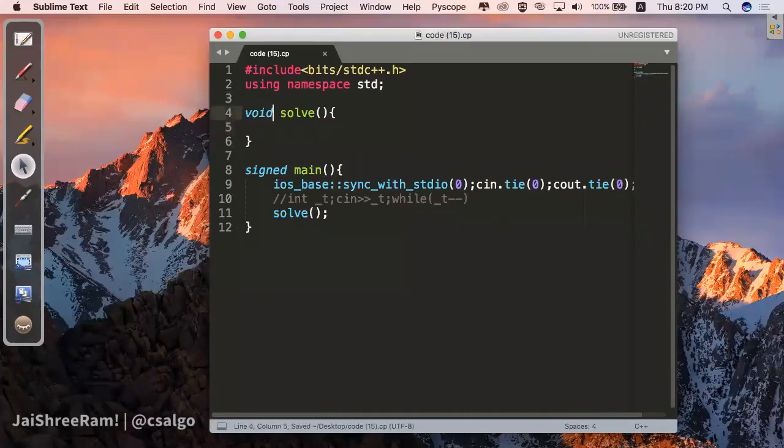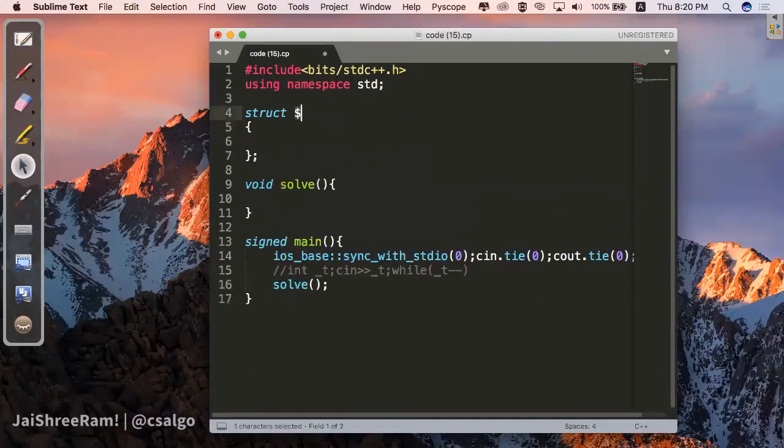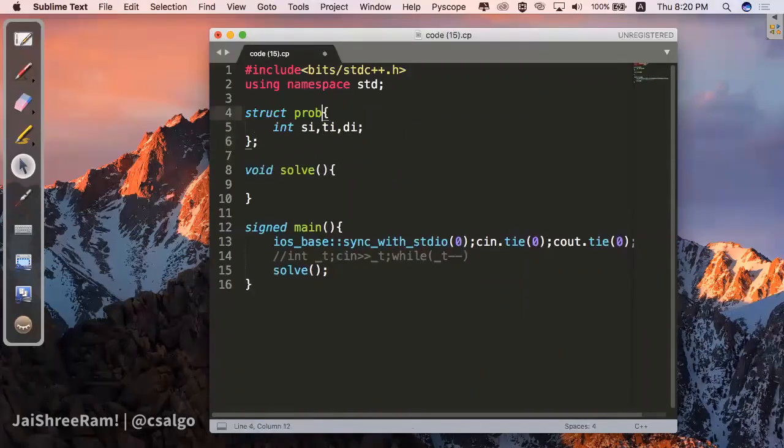So let's say code for this particular problem. Let's suppose we have a struct S with a problem, and it has three particular elements: integers si, ti, and di. Like what we discussed: score, time taken, and decay, right?